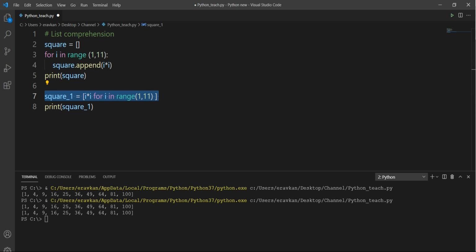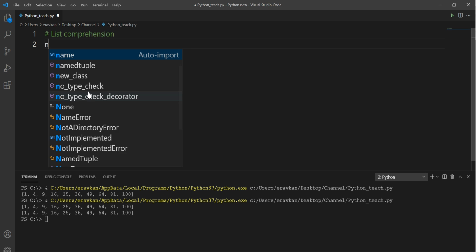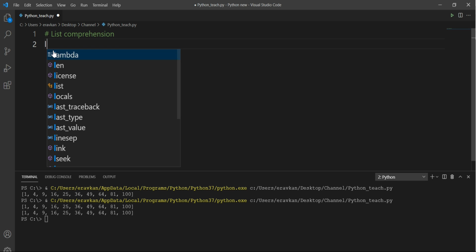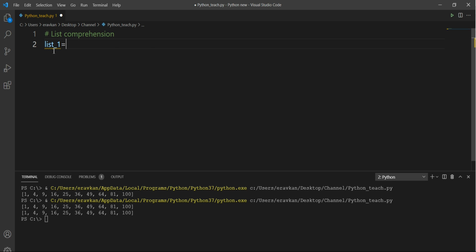Okay, let us take more examples of list comprehension. With more examples, things will be clearer to you. Suppose I have a list, this is my list_1. My requirement is that I should create a new list, and that particular list should have the negative value of all of this list.